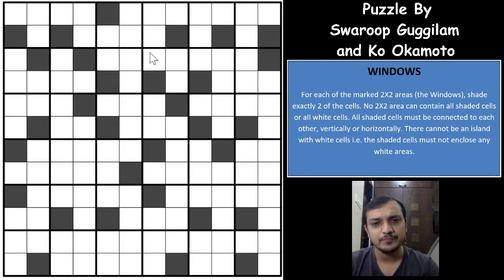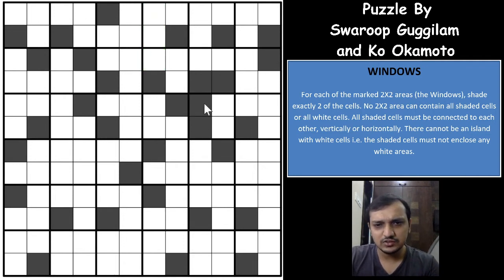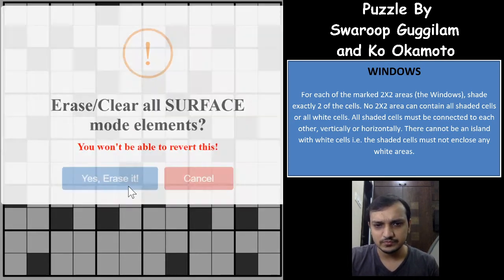It is not possible. And all the white cells, the ones which are unshaded, will have to connect to the edge of the grid. So what do I mean by that? For example, let us assume these are the shaded cells and these are the white cells. So you cannot have a white cell here not touching the edge of the grid. All the groups of white cells should touch the edge of the grid. So this is another group of white cells touching the edge of the grid. That is what the rule says.